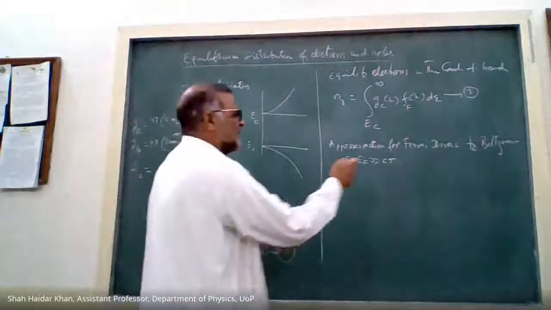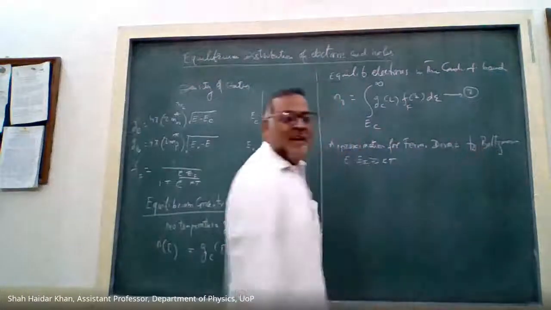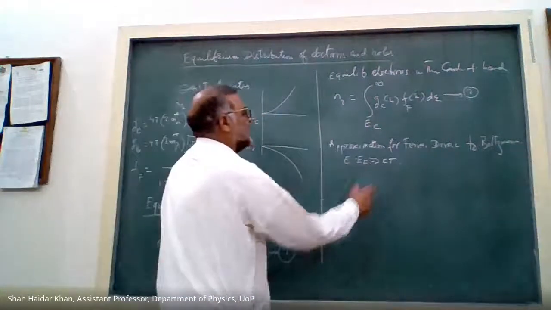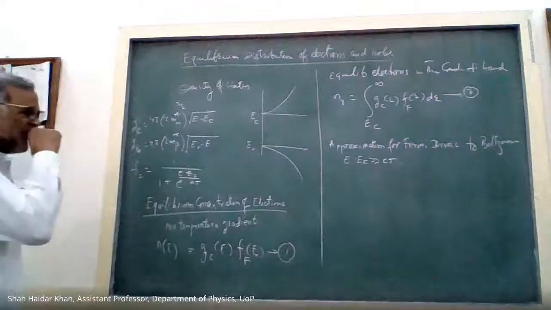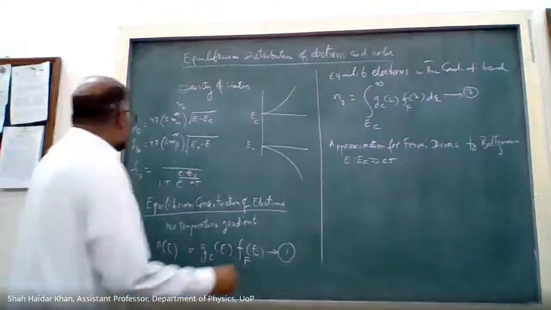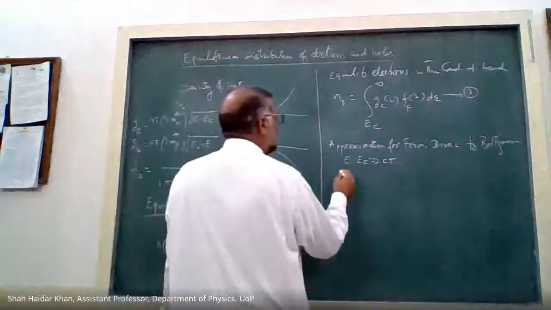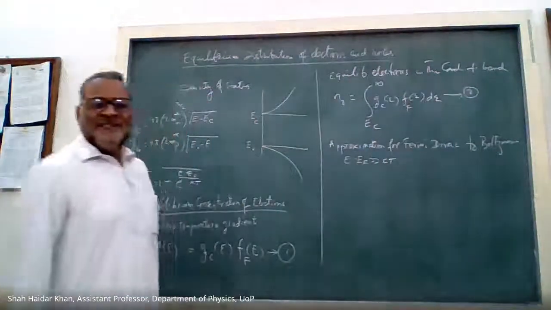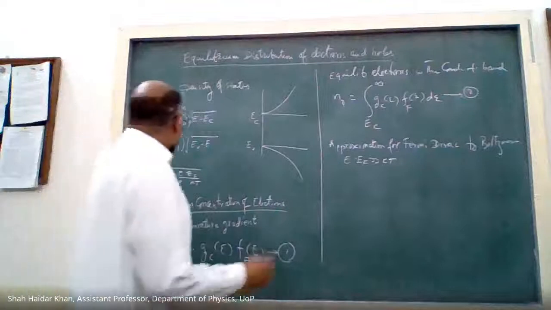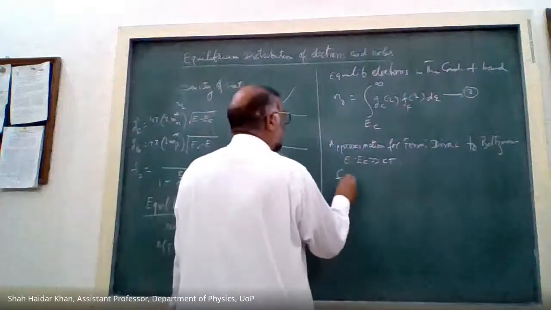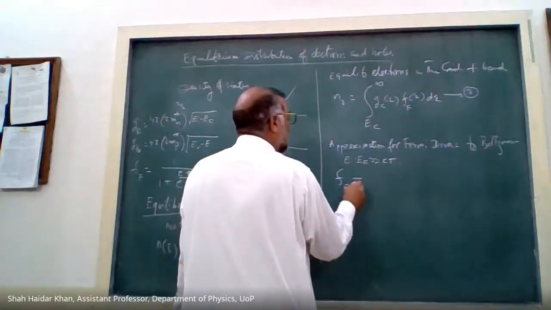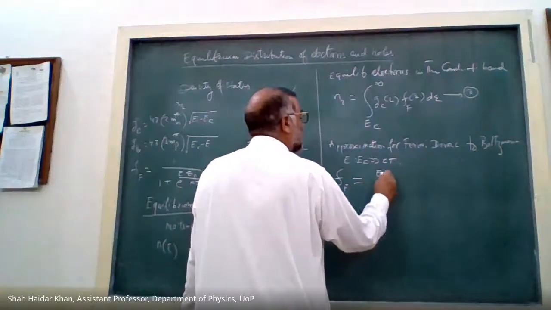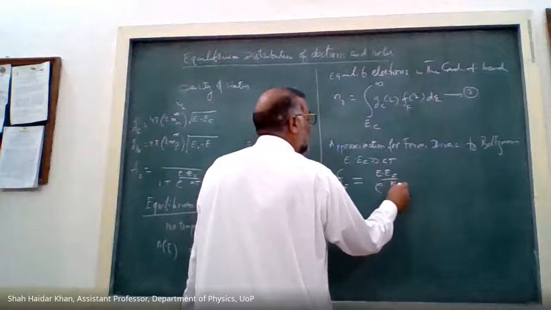So we can write the Fermi-Dirac distribution as a Boltzmann distribution when E minus EF is very, very much greater than KT. I will replace this with the Boltzmann distribution, and f, the Fermi function, will be approximately equal to e to the power E minus EF over